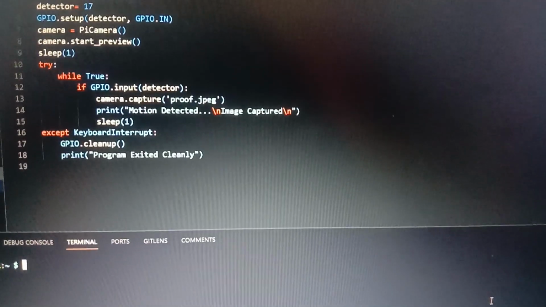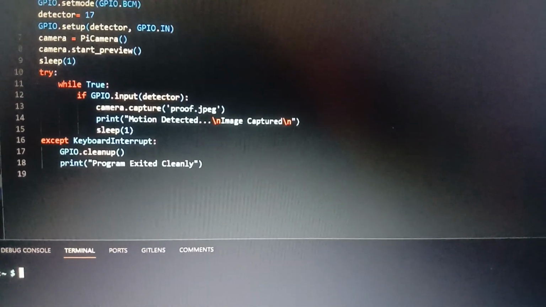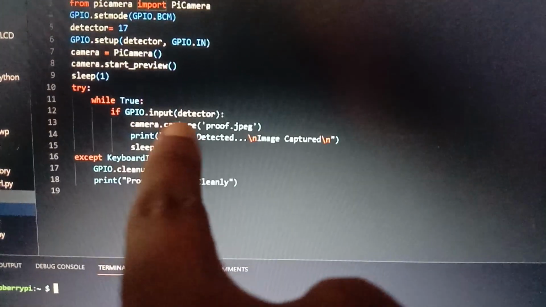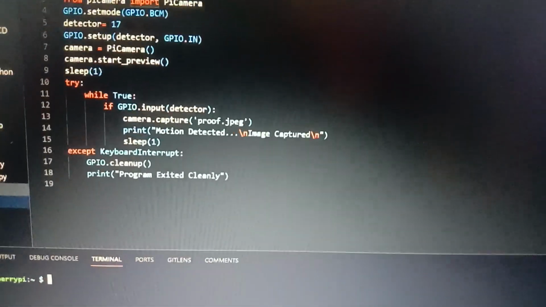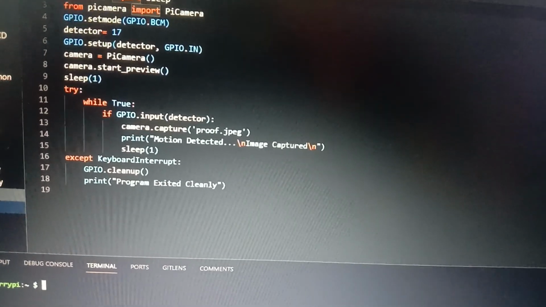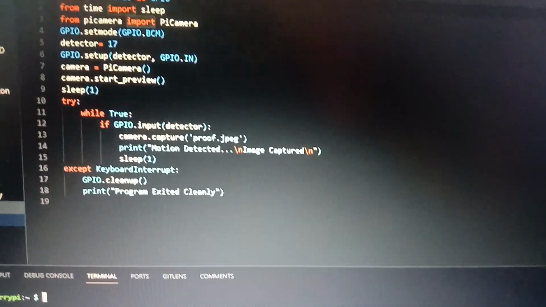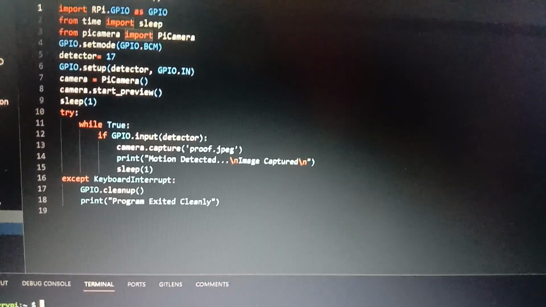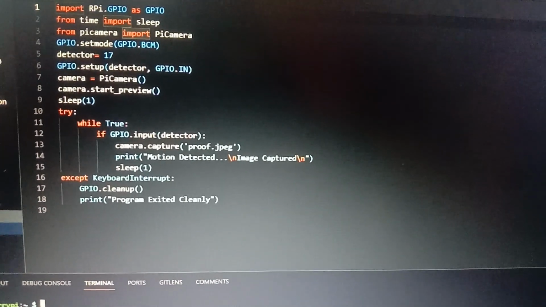So in the while loop, I have set a basic detection. If GPIO input of detector is 1, that is, whenever the input is 1, the if condition will be executed. Otherwise, the if condition will not be executed if no motion is detected. So if motion is detected, we saw that